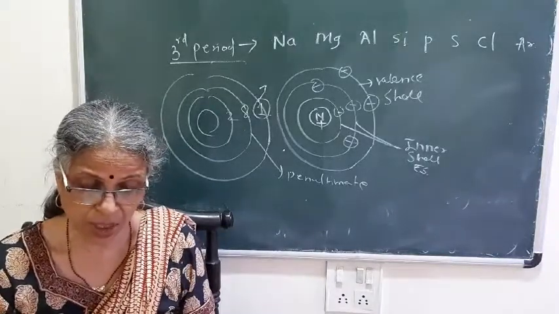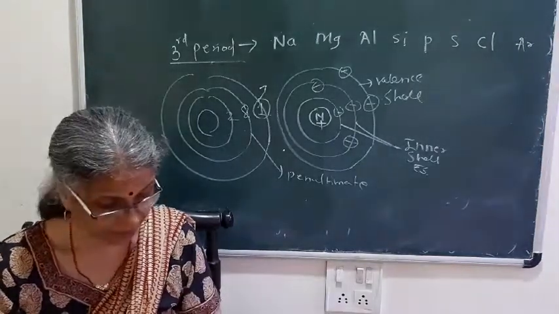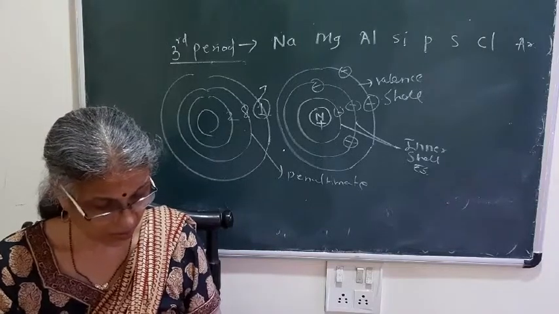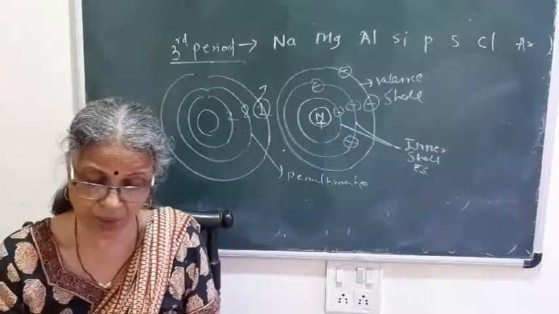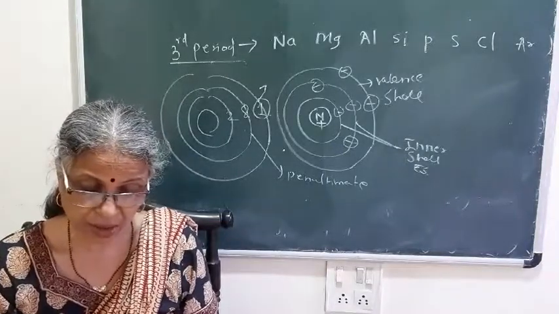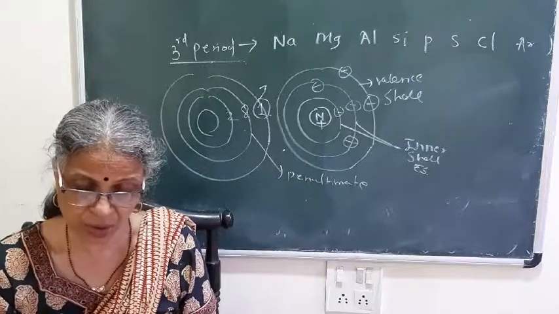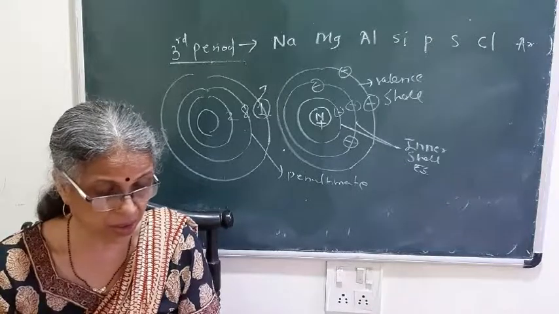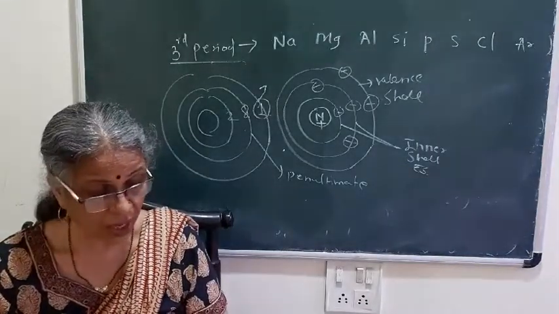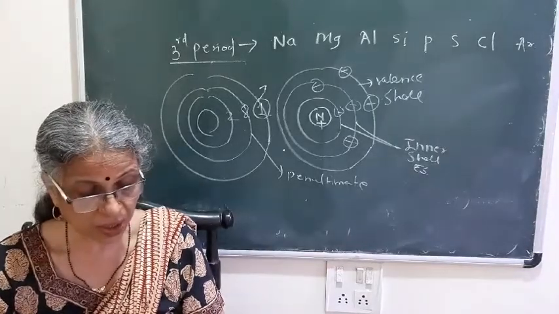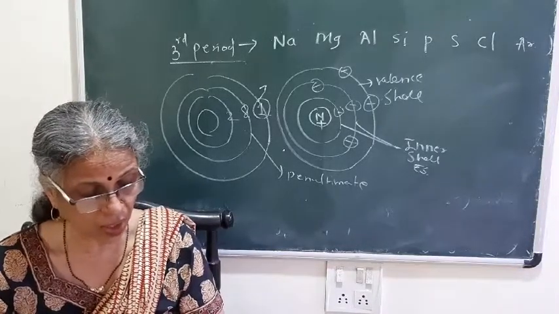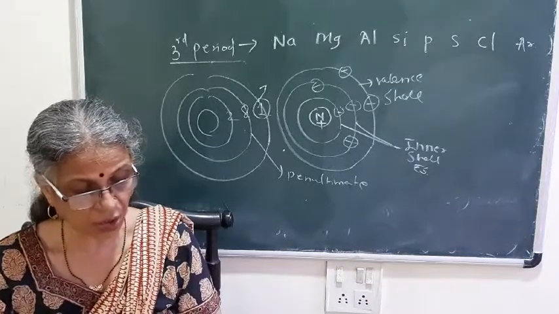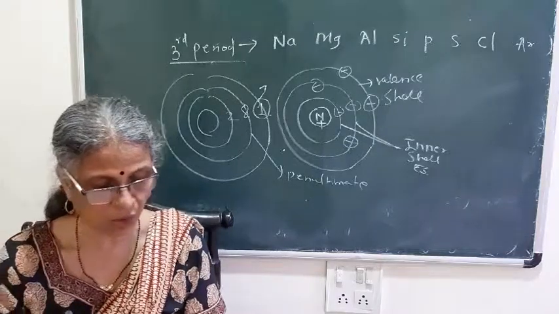Then, elements belonging to the same group have the same valency. Here, the valency paragraph, page number 24, you see the question numbers they have given: as they have the same number of valence electrons, valency is the same. And the third period contains only 8 elements, even though the electron capacity of the third shell is 18. In that you can consider page number 24. Can you recall? Here they have given the table of shell, N, 2N square, electron capacity. So I told you previously, give reason 7th E is given. The third period also contains only 8 elements due to the law of electron octet.